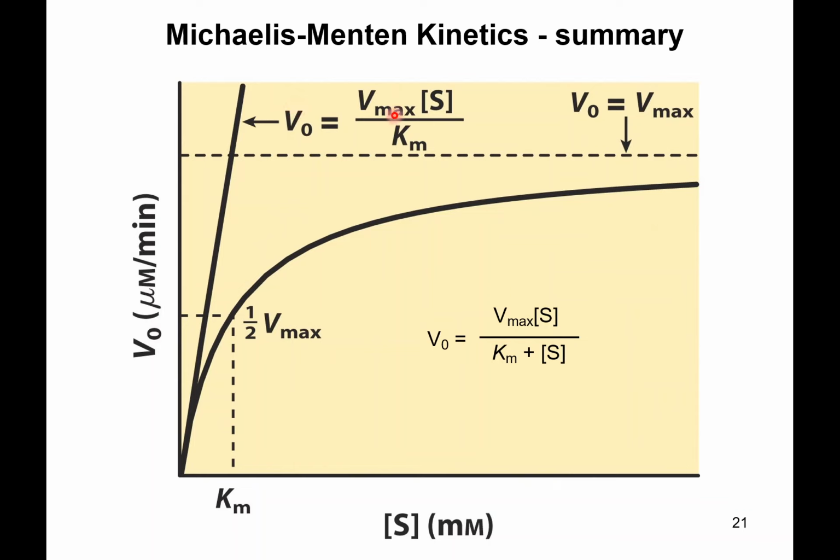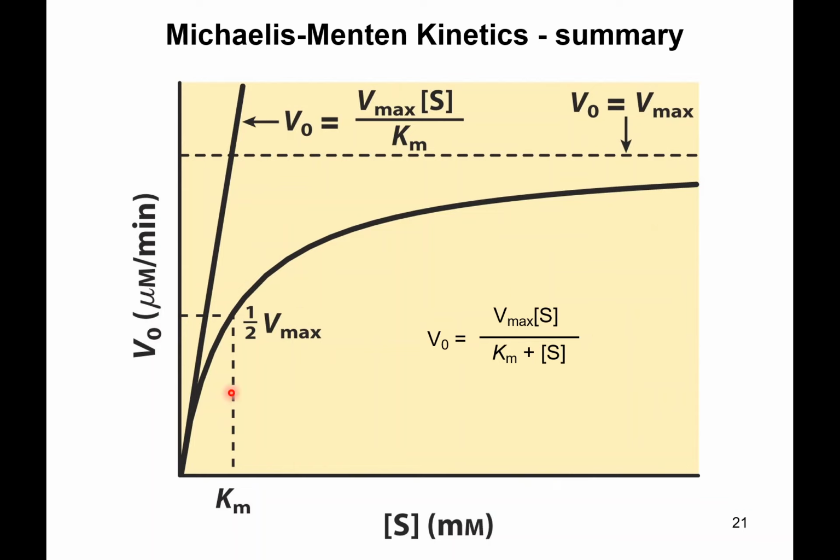V naught is equal to Vmax times substrate concentration divided by Km. And then at this part of the graph way over here, V naught is equal to Vmax. Everywhere else along this line, we have V naught equals Vmax times substrate concentration divided by Km